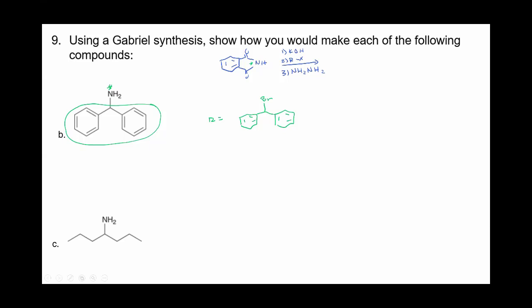And then the same thing would work for this one here. We're just going to take everything on the other side of that. R here would equal that compound. So we would take the phthalimide, the KOH would remove that proton, and then you would react it with the R alkyl halide. So you're just doing an attack on that secondary alkyl halide there. Questions there?